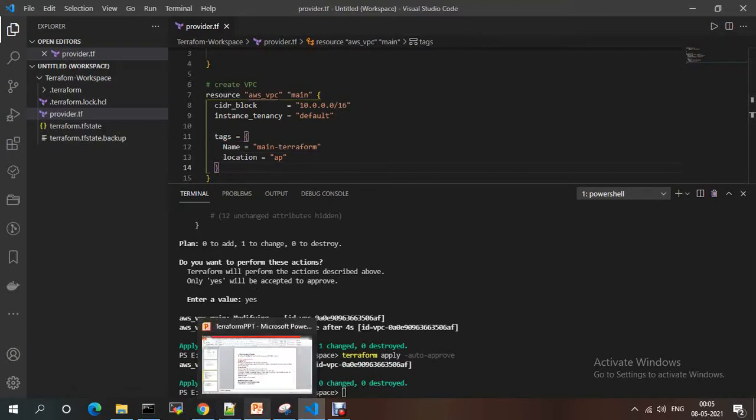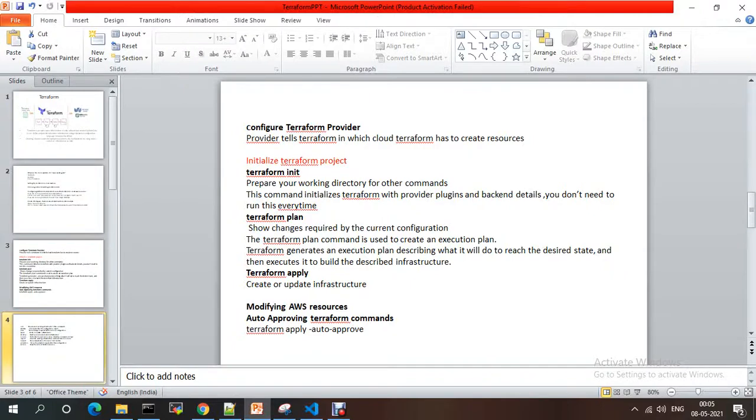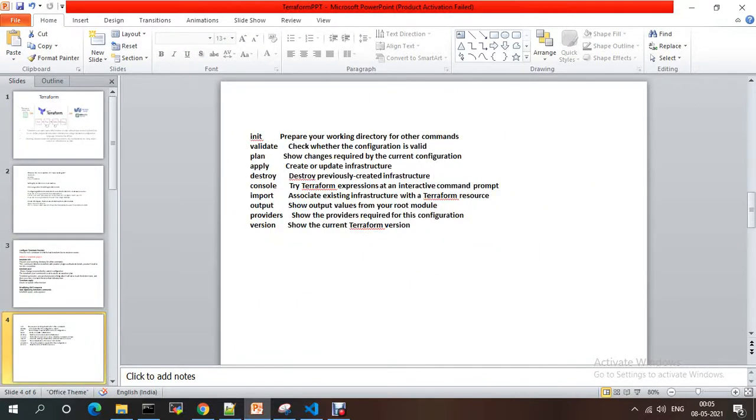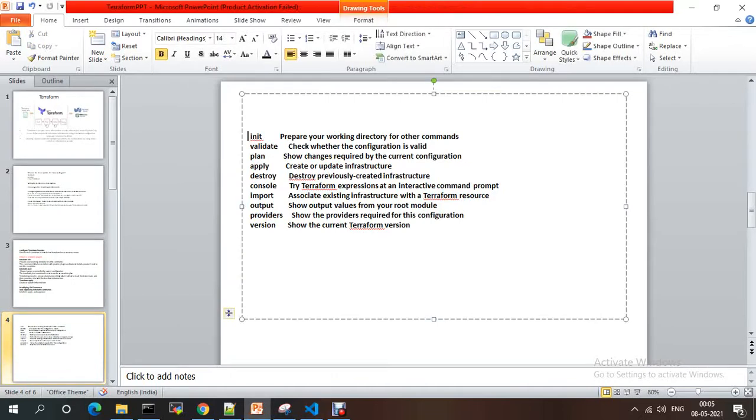Now these are the commands we have seen: init command, validate command, plan command, apply, and if you want to see the console, it will show you what resources it provides.